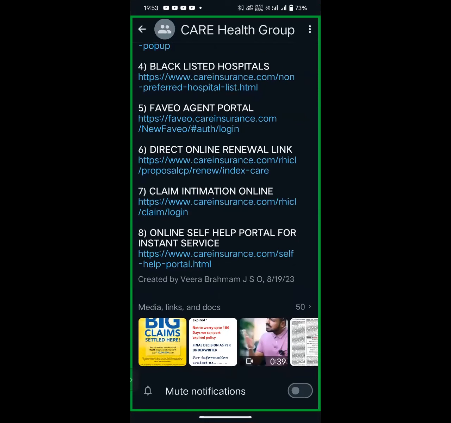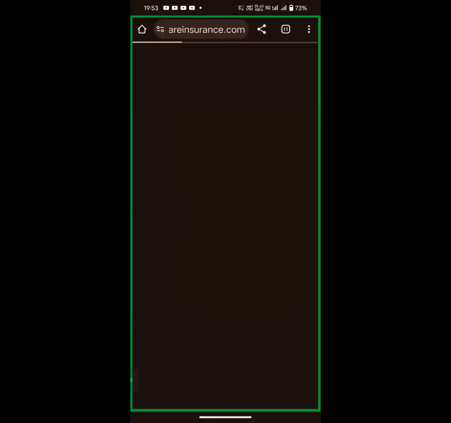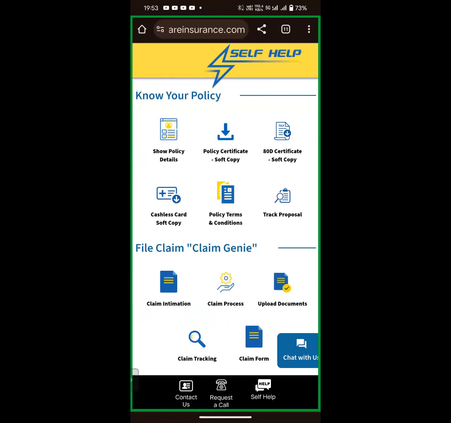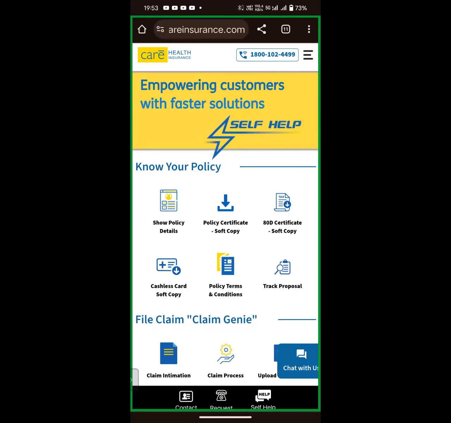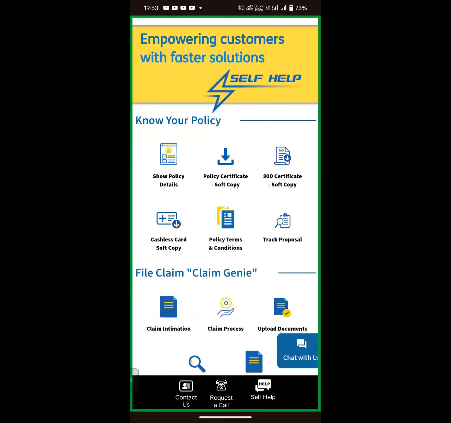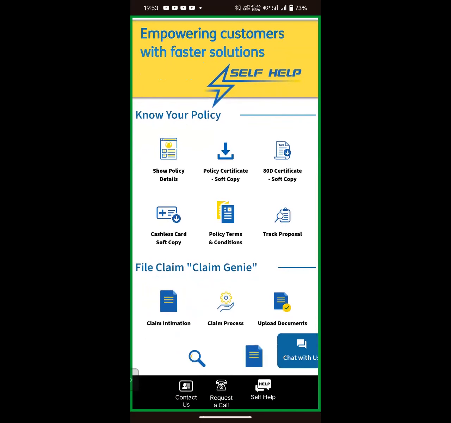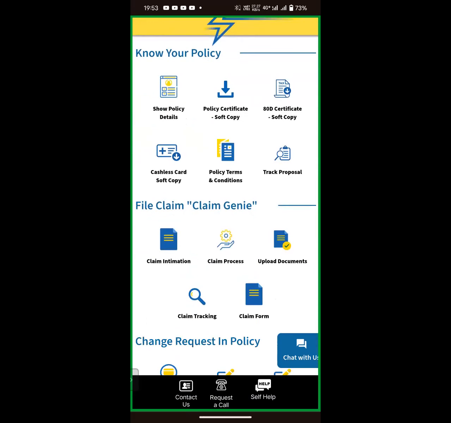And the online self-help portal for instant services. You can share it with all your customers. By just clicking on this link, there are many important services which customers can get on their own. So for example, show policy details. If they want to see their policy details, they can click over there. Policy certificate, ATD certificate, cashless card, policy terms and conditions, proposals,